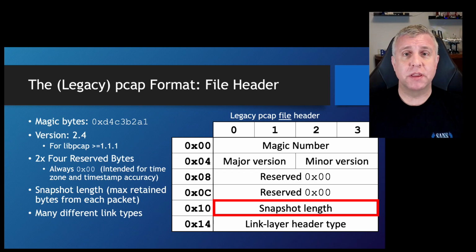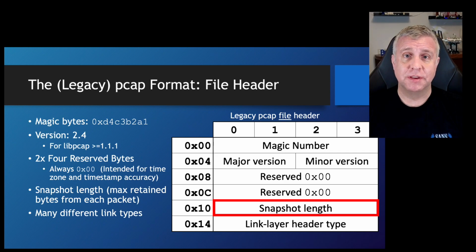Or maybe you're looking at a shortage of storage space, and instead of all of the packet content, you're going to say, you know what, just give me the first 100 or 200 bytes. That might be a decision that you would make to trade off space for completeness. If that is specified, we're going to know how many bytes were requested because that snapshot length is going to